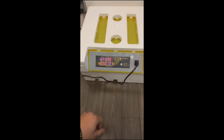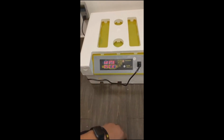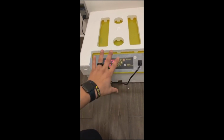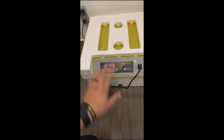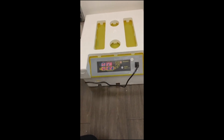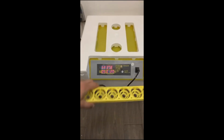Just to put it in perspective, it says day 5 right here, which really means day 6. Day 00 would be day 1 technically. We went on a trip, me and my family, and what we did was we set this up right before we left. So that video that you saw was me doing a quick video for you guys before we left for 4 or 5 days. And as you can see, I haven't done anything to it. I haven't added any water. I don't have to turn the eggs because they automatically turn themselves